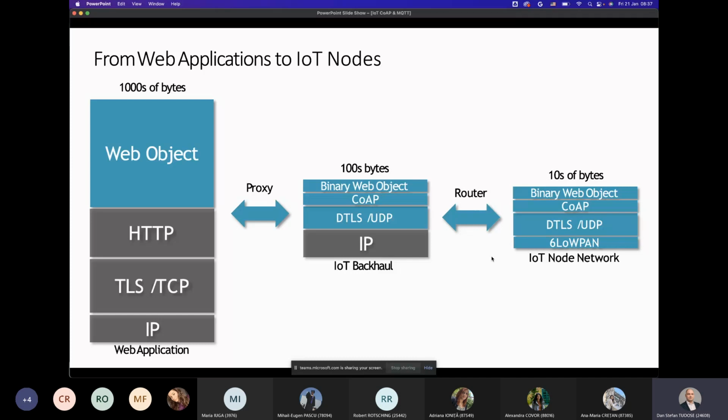So this is how messages are pretty much being handled in such a network, from constrained devices with very limited power and processing capabilities that need to handle messages that are very tiny in size, so maybe tens of bytes, to, let's say, proxies or gateways that handle capabilities of, let's say, more than hundreds of bytes, to messages into the internet proper.